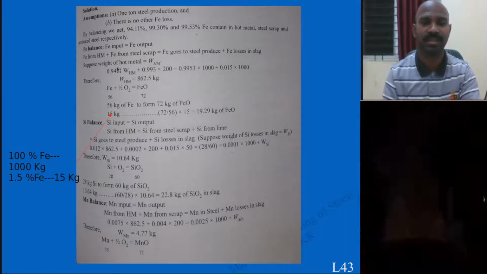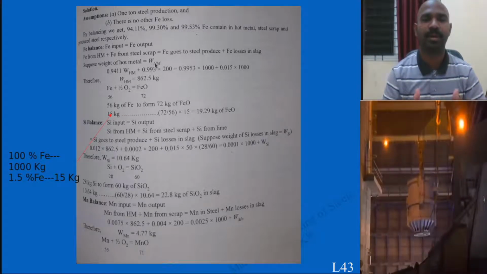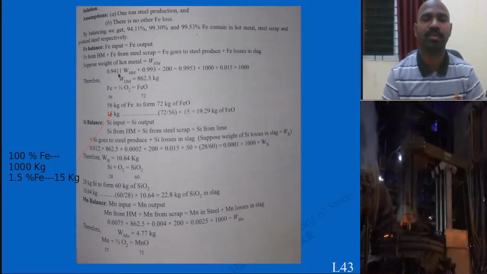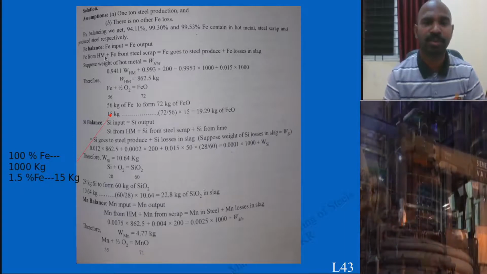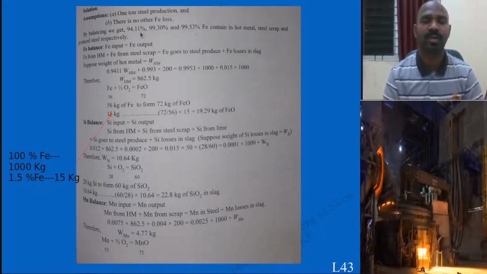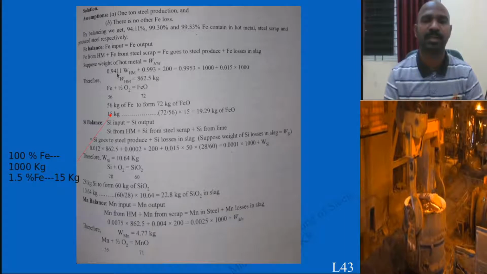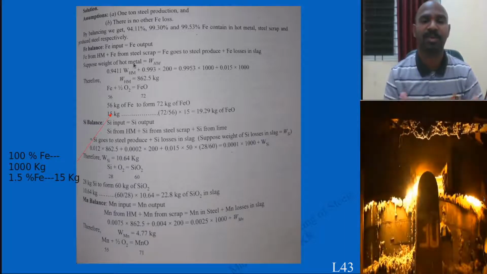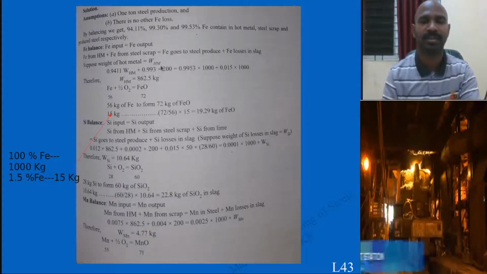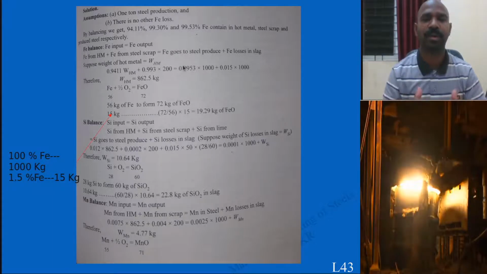For example, assume that since we do not know the weight of the hot metal, the question is the weight of the hot metal. Assume W subscript HM, and write down the equation. The weight of the hot metal is 94.11. When you convert it to the fraction, it will be 0.9411, and plus steel 0.993 into the weight of the steel scrap is given 200 kg, and similarly this is